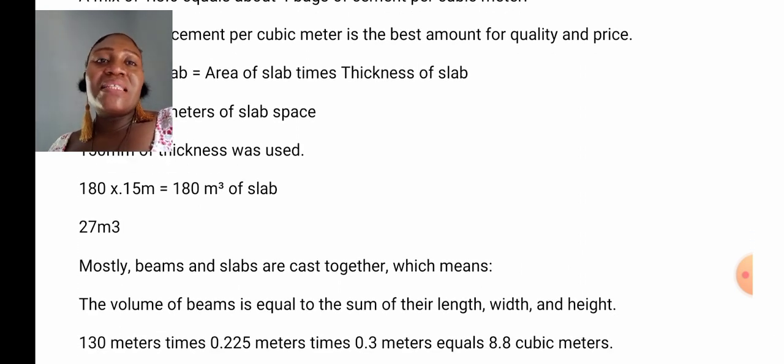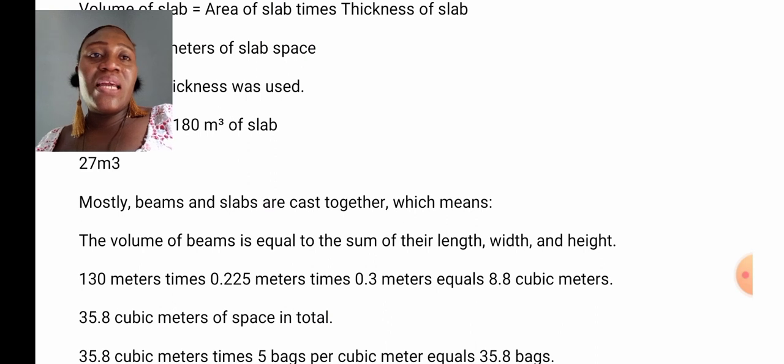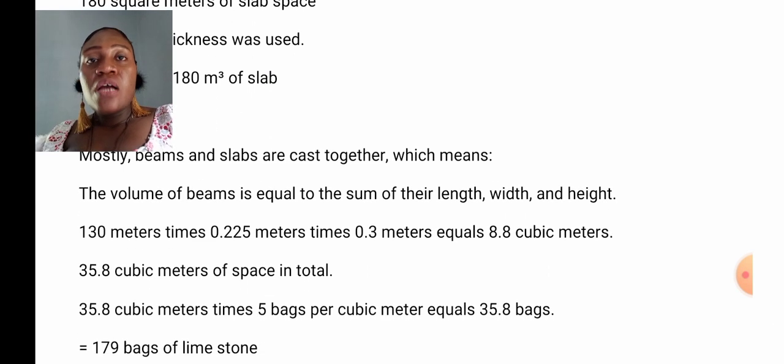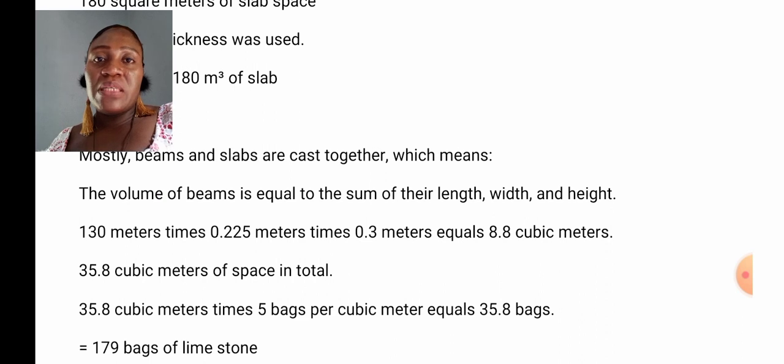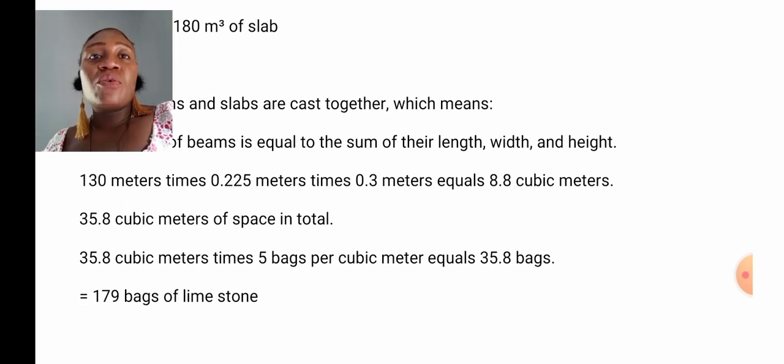Mostly beams and slabs are cast together, and the volume of beams is length times width times height. So 130 meters times 0.225 meter times 0.3 meter equals 8.8 cubic meters. 35.8 cubic meters of space in total. So 35.8 cubic meters times 5 bags per cubic meter will now give you